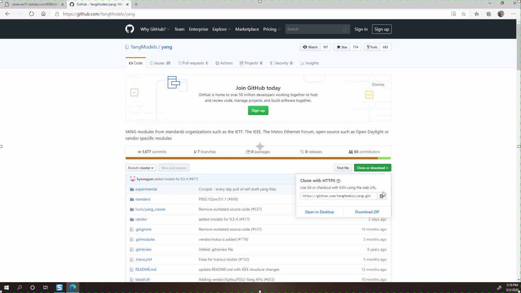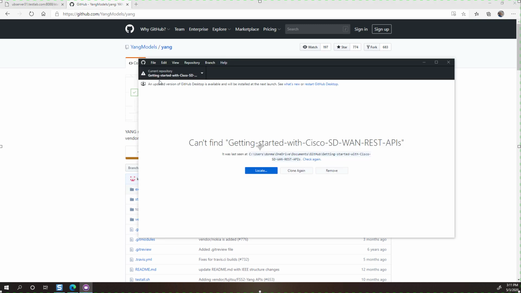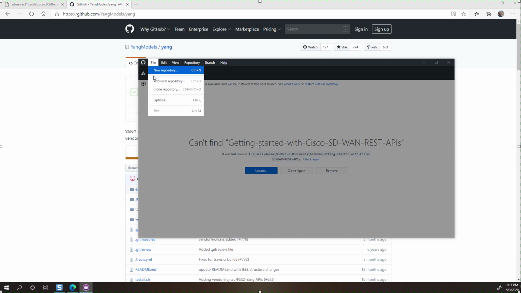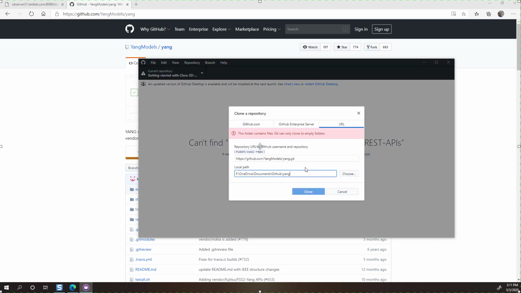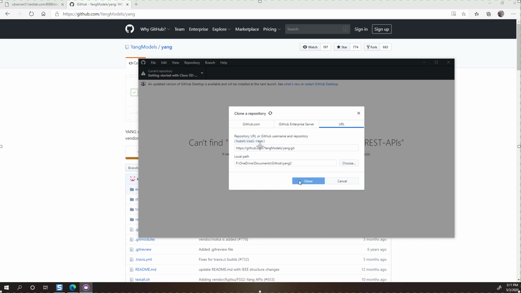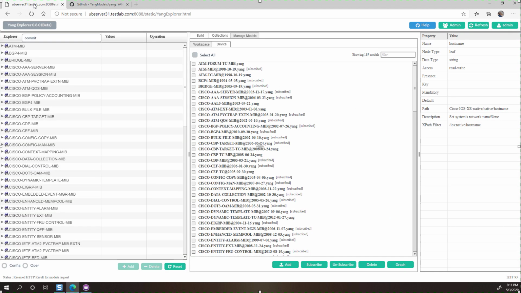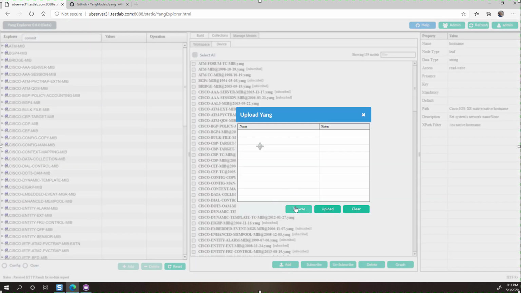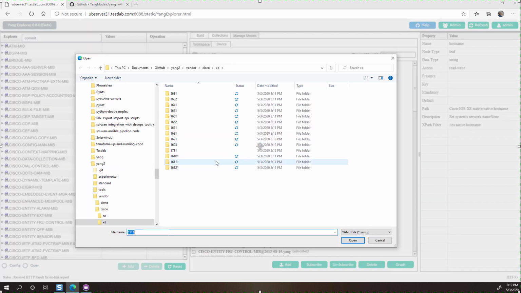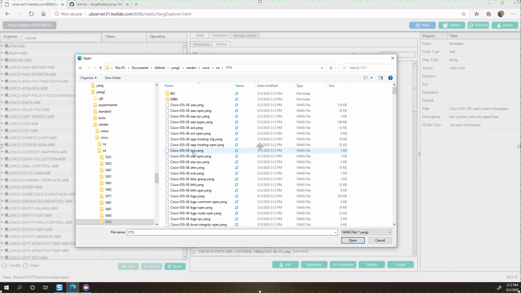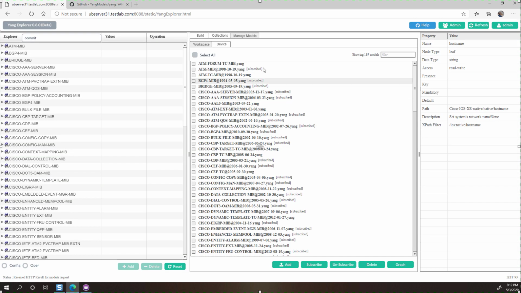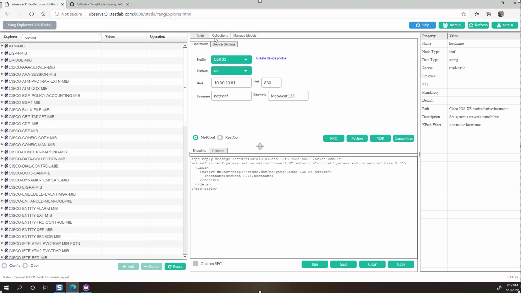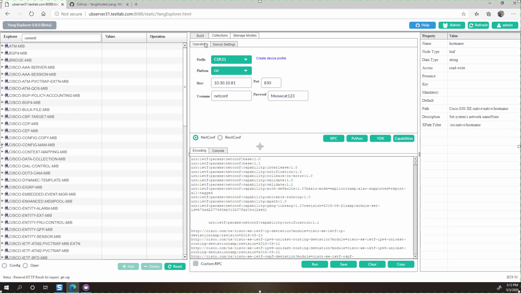So what I'll do is grab this, and I am going to open up GitHub Desktop, and we're going to clone the repository. Currently I already have that, so I'm just going to call that 2. And then once that's done, I can go ahead and manually add a Yang file by going Add, Browse, and I don't really care which one we're doing for this example, so I'll just click on one of them, and then I can choose to import. Anyway, with that out of the way, we can go back to our Build tab,